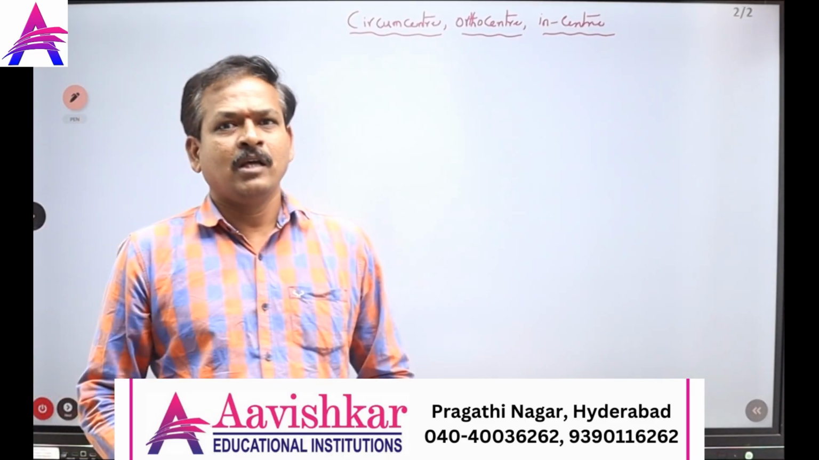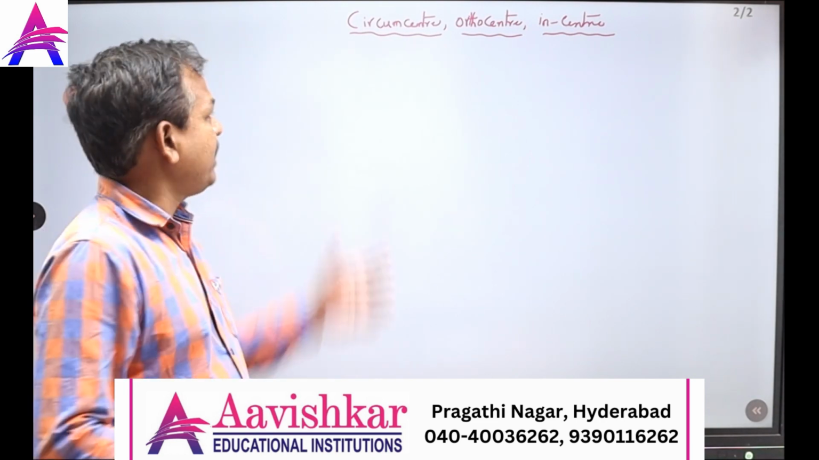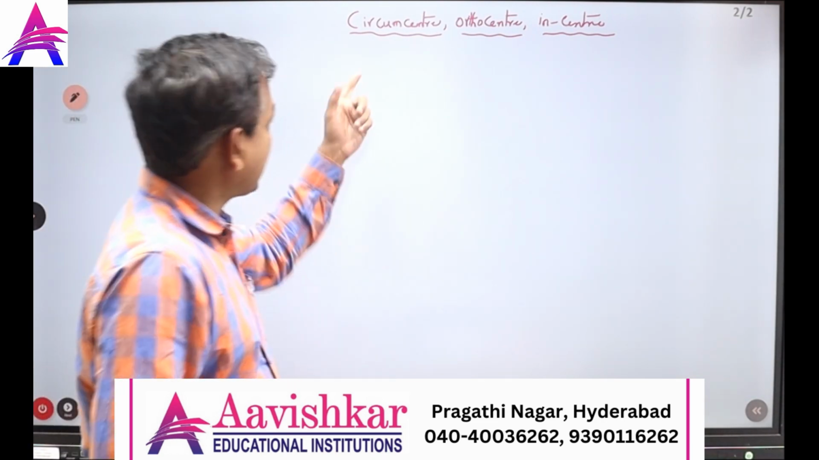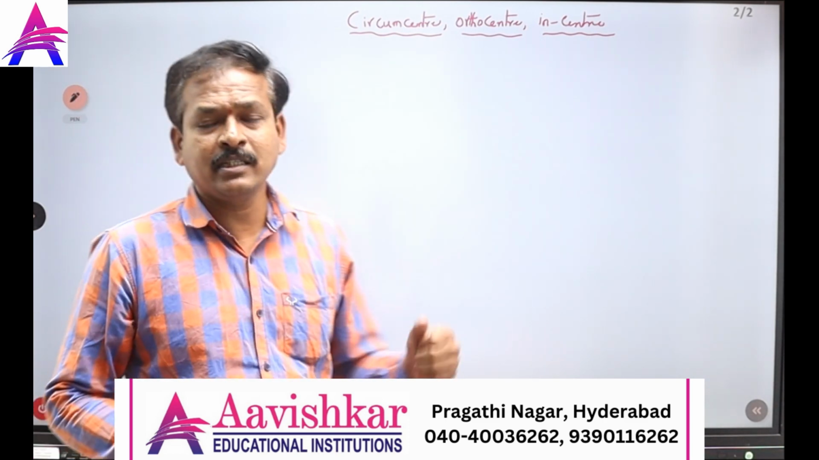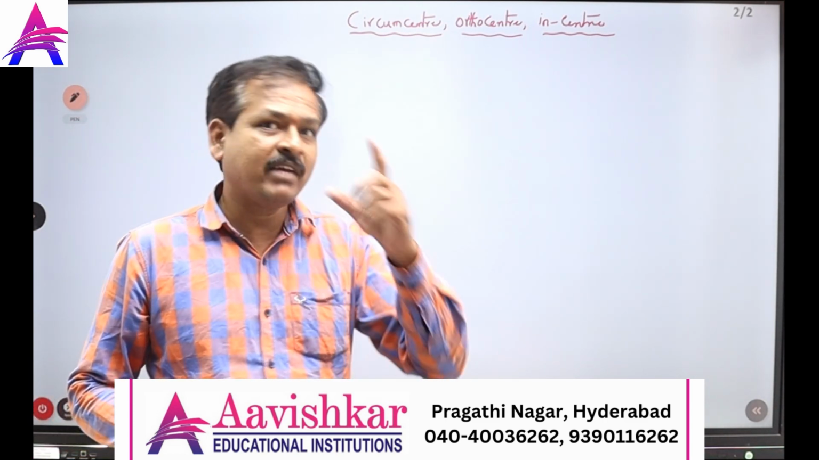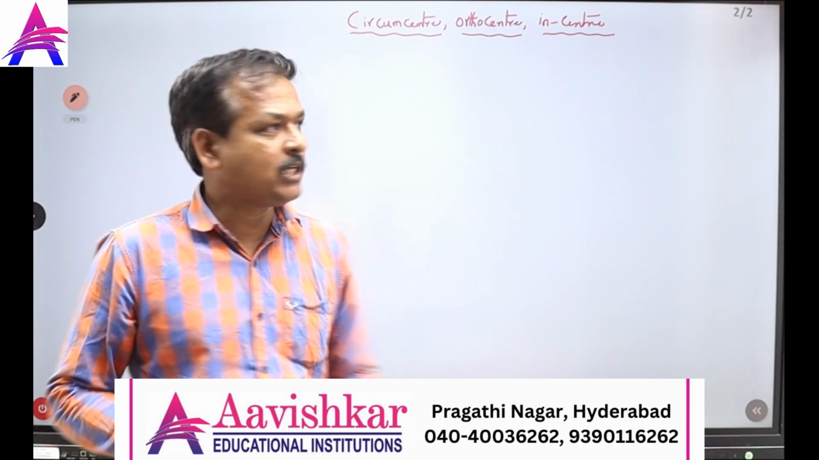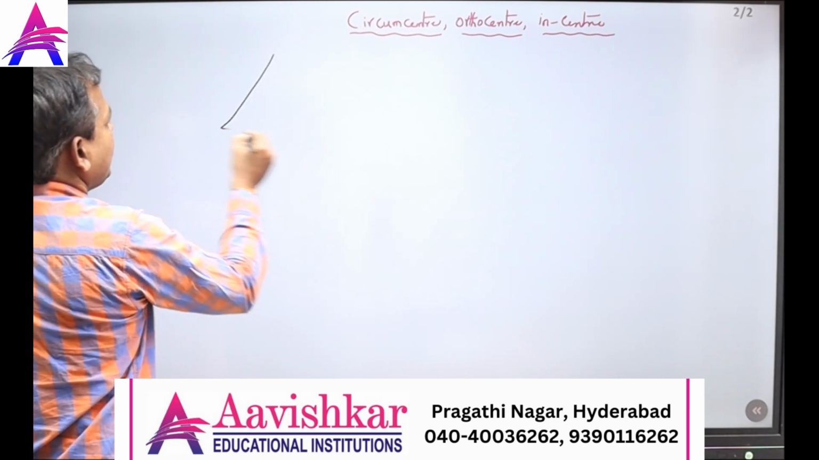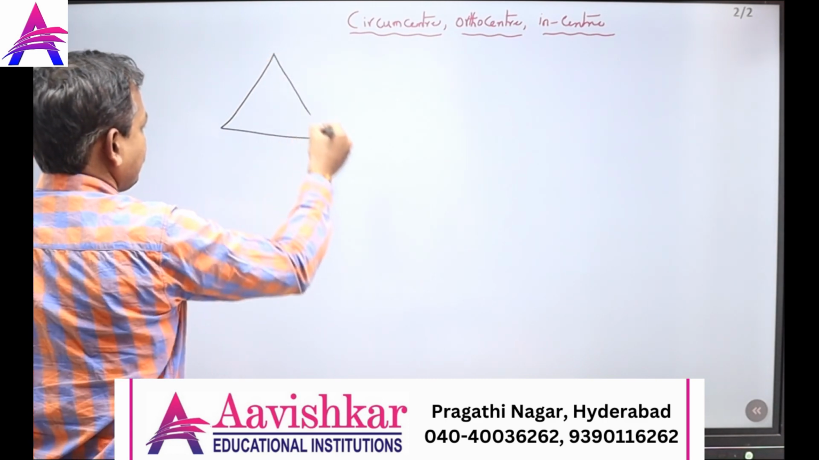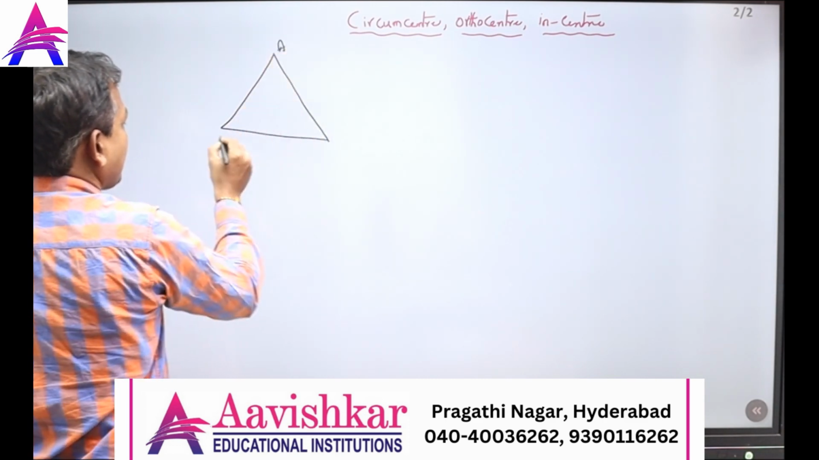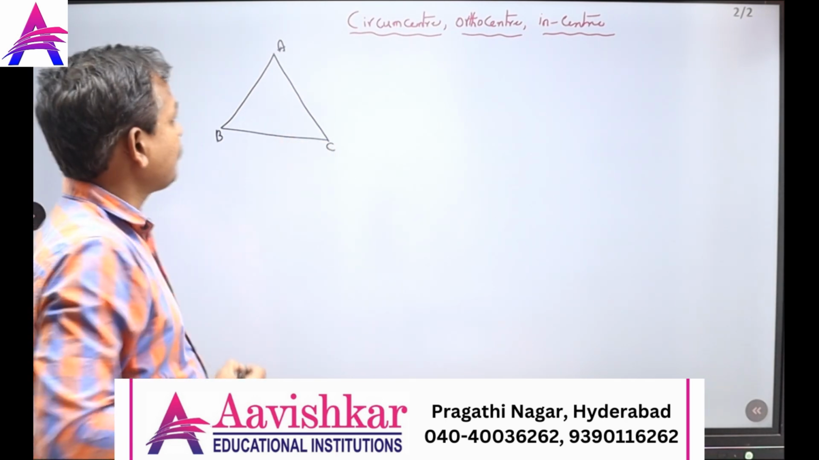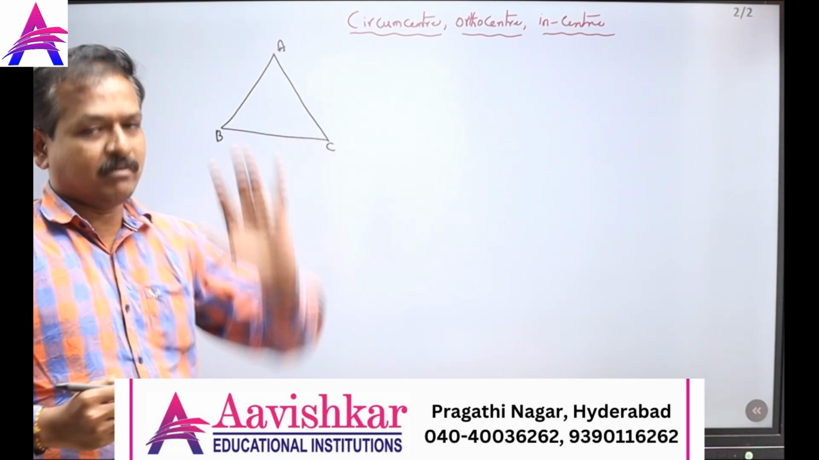Hi students, I am going to teach you a very important technique in finding circumcenter, orthocenter, incenter whenever a triangle is given. So listen everybody. Now I am going to take a triangle ABC. There are three vertices, of course. If the three vertices are given,